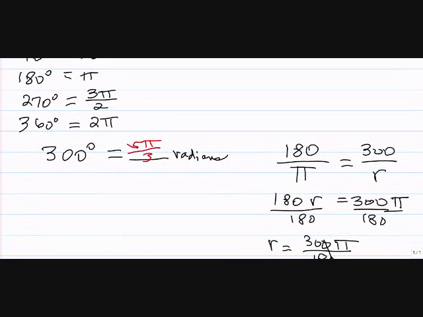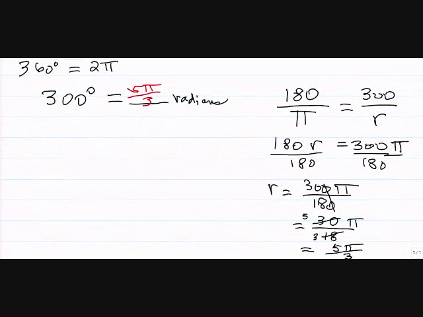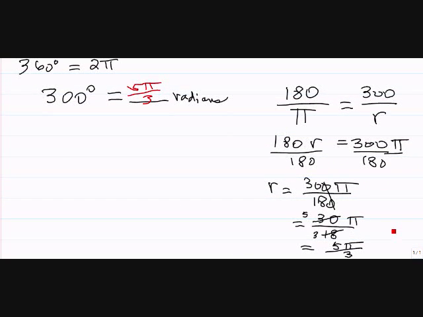All right. Now, if I wanted to go from radians to degrees, let's say we had negative pi over 4 radians, and I want to change that to degrees. Well, all